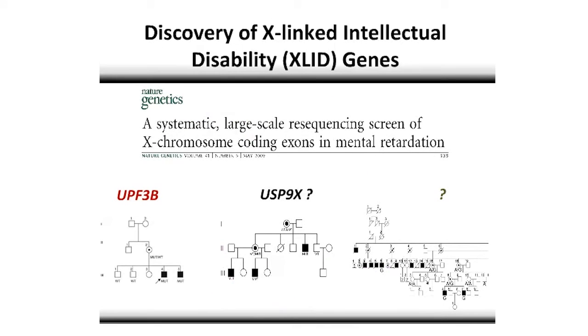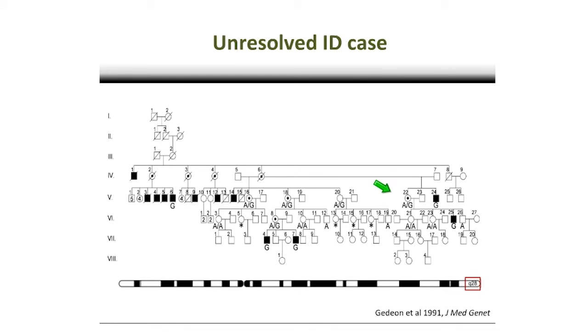As I mentioned at the top, I wanted to talk about two quick stories today. The second story was this very large X-linked family on the right here, and despite us sequencing the whole exome, we were really unable to find a gene or a variant in any gene that could explain the phenotype of intellectual disability. So this family was even bigger. This is the whole pedigree.